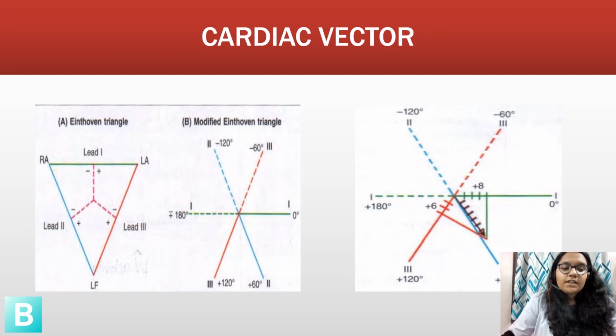Now let us understand what is meant by the cardiac vector. Since the standard limb leads record the potential difference between 2 points, deflection in each lead at any moment indicates the magnitude and direction in the axis of the electromotive force generated in the heart. This is called the cardiac vector. The electrical axis of the heart is plotted using the average QRS deflection in any two classical limb leads. This is known as the mean QRS vector, which is approximately plus 59 degrees. This is almost in the axis of lead 2, hence lead 2 is mostly referred to in ECG.